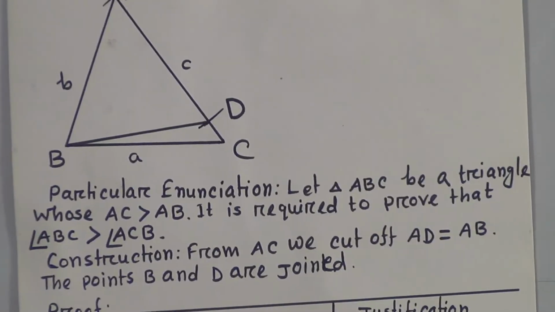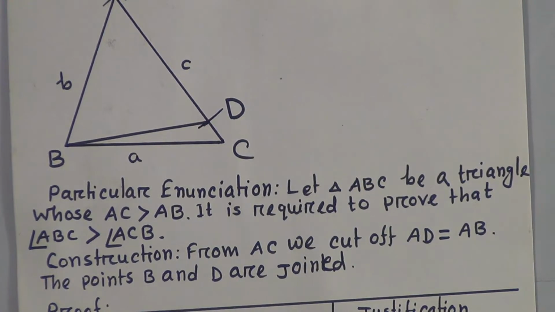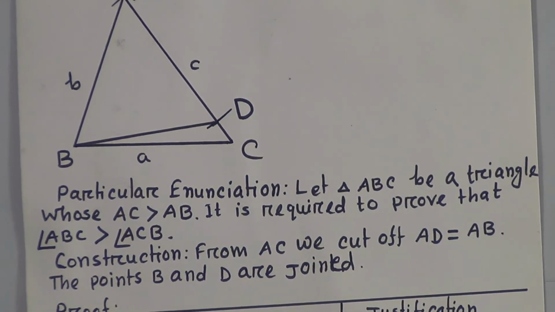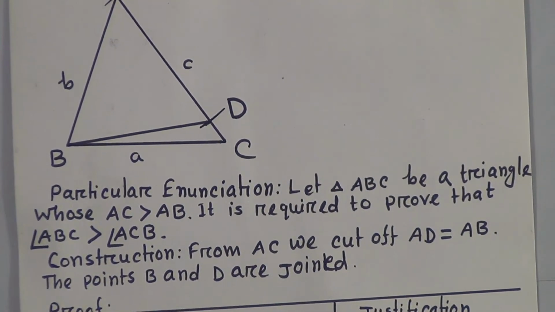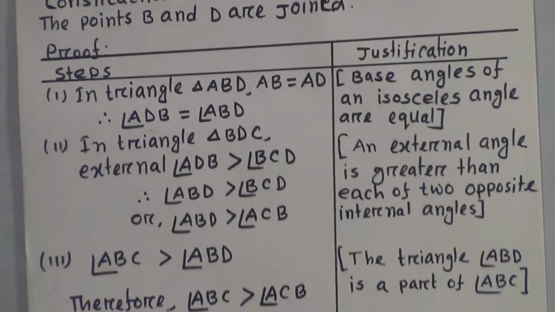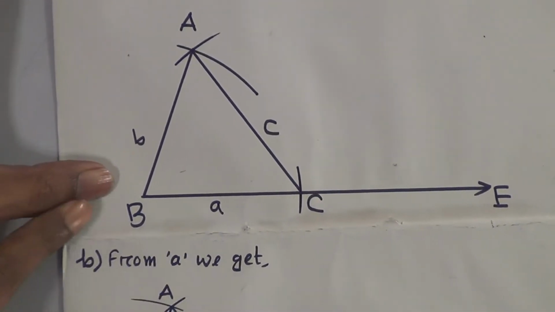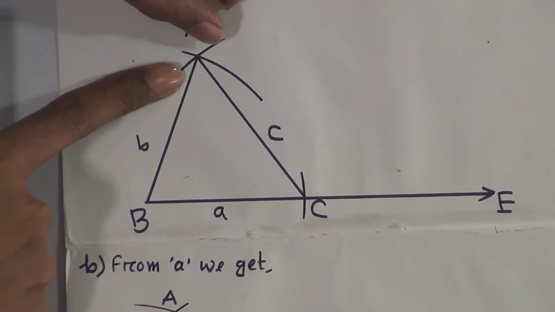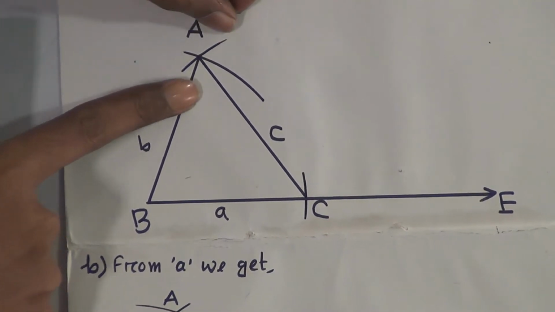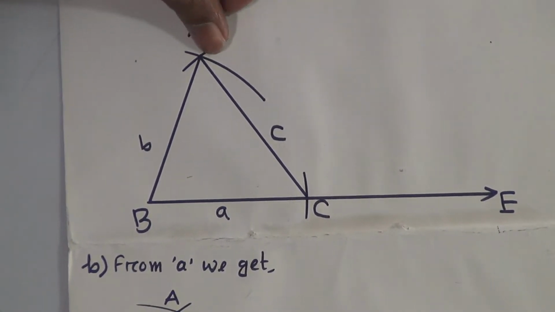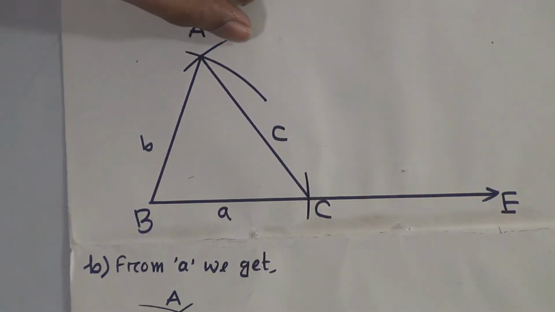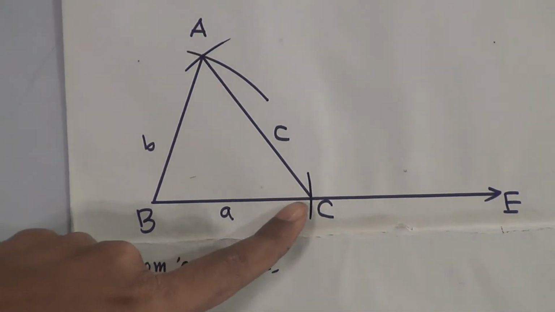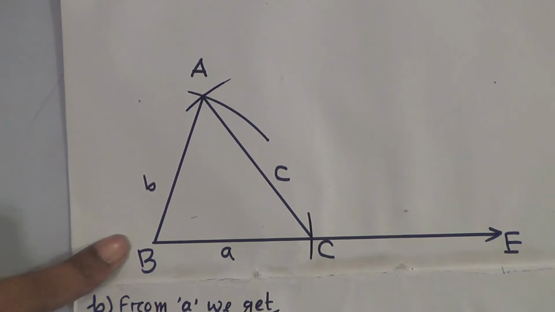Cutting and separating the three angles, we get A equal to 55 degree. Look dear student, please look at number A. This is angle A. This angle A equal to what? 55 degree. You measure with the protractor, then you get 55 degree. This is also 55 degree, and this is 70 degree.